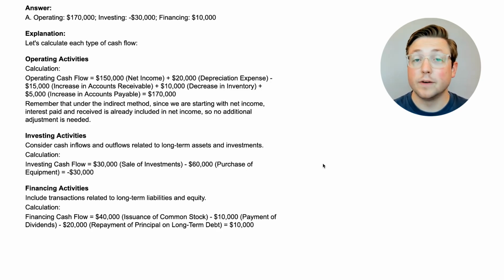So again, the most confusing part of all of this, in my opinion, is the operating activities using the indirect method, because you have to remember that certain things are non-cash, so they didn't actually affect cash, and you kind of have to think about it from just the cash perspective. How did this affect cash? Did it affect cash? And so that's where the confusion can come in: oh, I see an increase in accounts receivable. That must mean that cash increased. But actually it's the opposite, because the income increased, but you didn't actually receive that cash yet. So you have to take that out of the net income to get the correct cash flow.